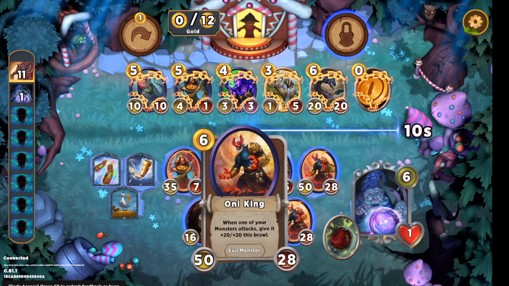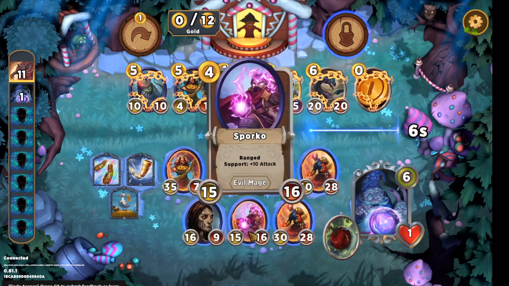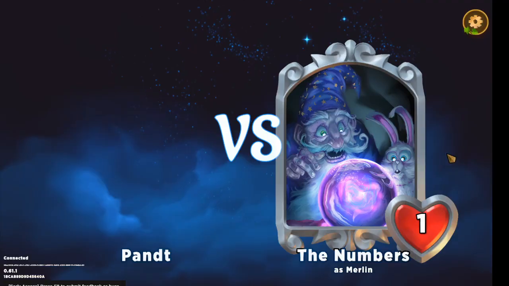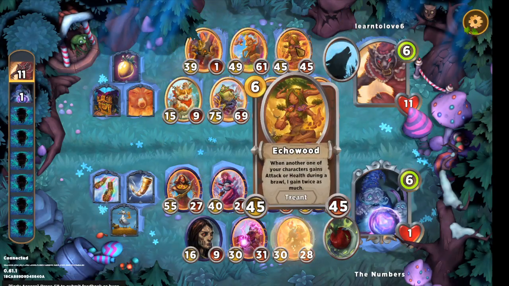It's not even clear if we shouldn't have the Oni King back, but the Sporko's giving so much attack. It's giving plus 10 attack to everything. I feel like having it up front is good. It is difficult to trade with all of their things. We don't have great treasures still, which is unfortunate, but okay, they have a good boy, which is going to make it tough, especially with this